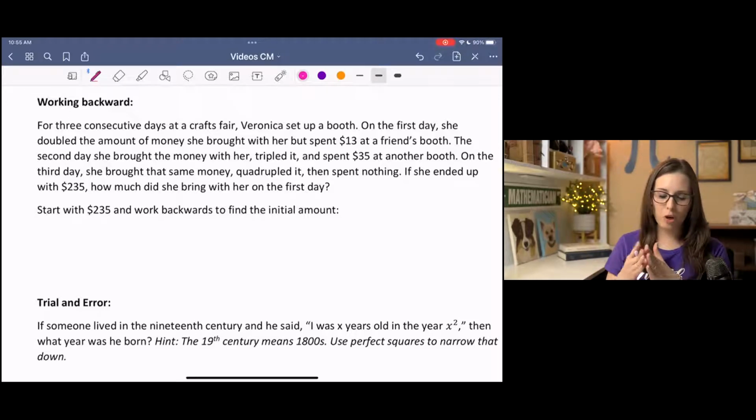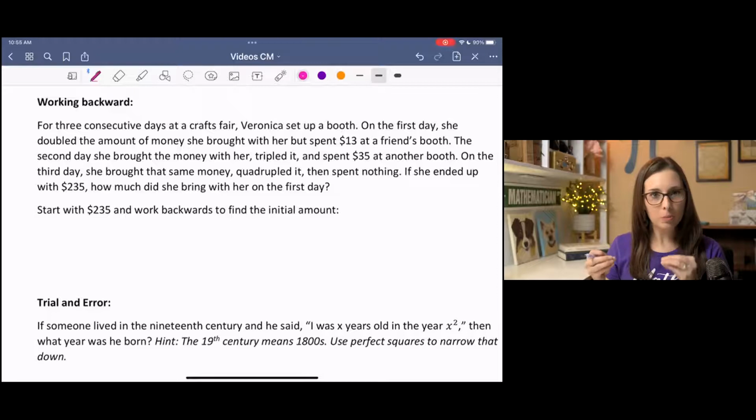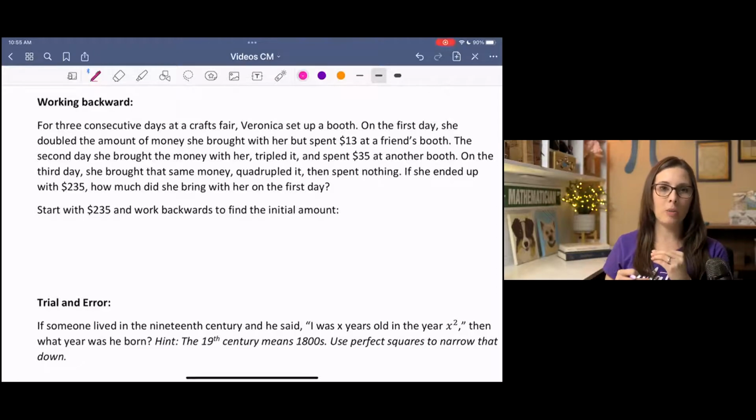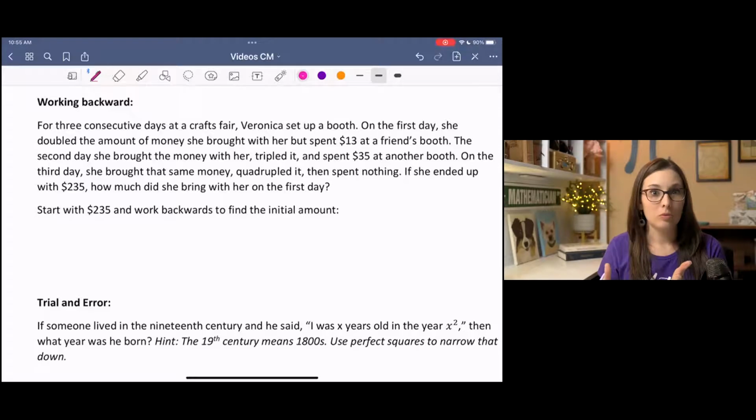Basically, so we're understanding the problem. I've read the problem, and now I need to go back and understand what's happening. Basically, Veronica has come to this craft fair with a certain amount of money, and that's what we don't know. But what we do know is what she ended up with and how she got there. So if we can start with the end result and reverse that, then we can figure out how much she